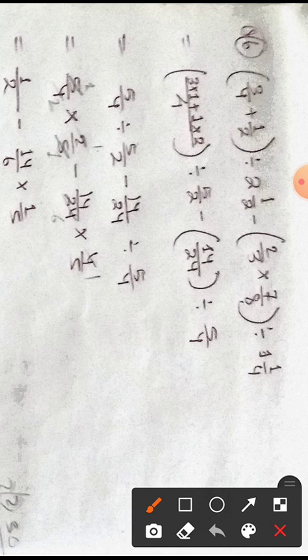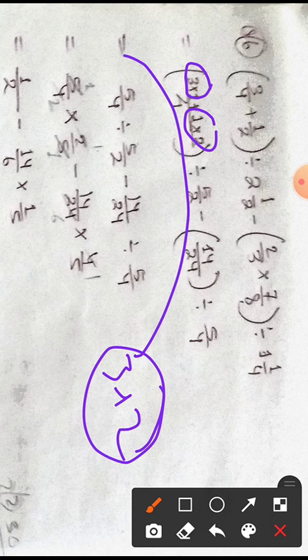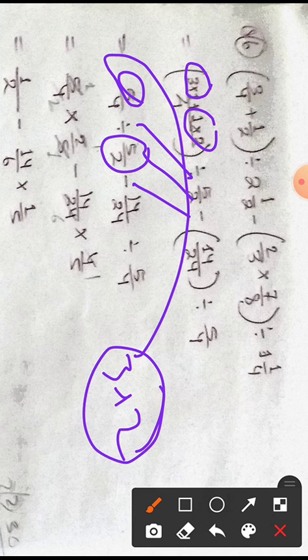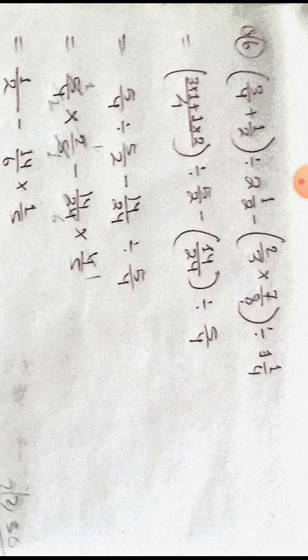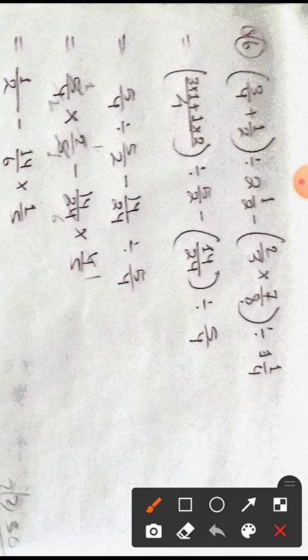Then we have 3 1s are 3, and 1 2s are 2. That means 3 plus 2 will give you 5. So 5 by 4. Now this divide sign and 5 by 2 comes here, and put a minus sign, then bring this 14 by 24 outside the bracket, and put a divide sign, then write 5 by 4. Okay, now let us see further.